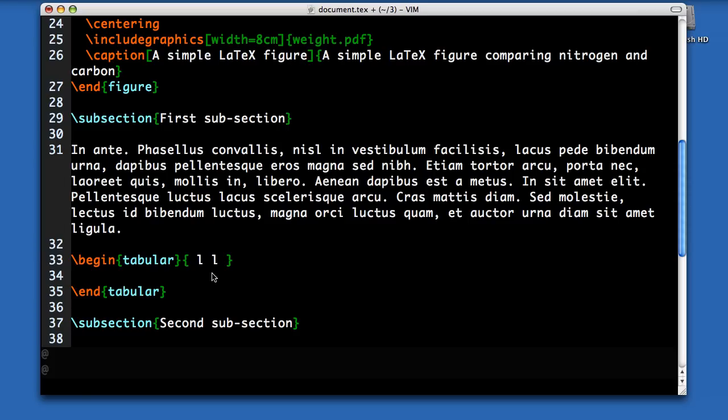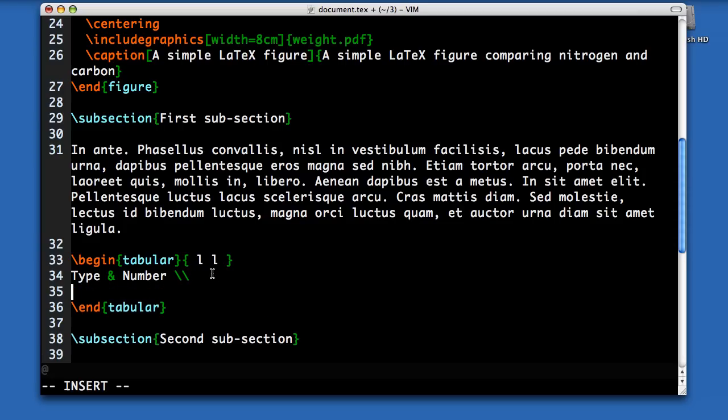So then I can begin adding rows to the table, and each row entry is separated by an and sign. So if I add one entry, the next entry is separated by an and sign, and then at the end of each row you put a double slash to indicate that that's the end of the row. And each row must have the same number of entries in it. So if I add some more rows here,